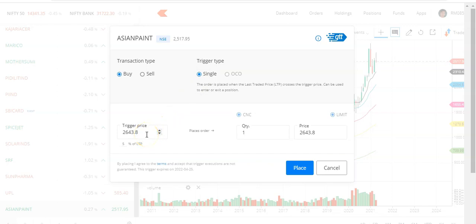So you don't have the stock, or you already have it but you want to add more. In either case, you can say, for example, 2100. You want to buy when the price falls to 2100, because you may think the 20 EMA can move a bit in the next couple of months. So you want to buy at 2100. Say you want to buy 10 quantities.